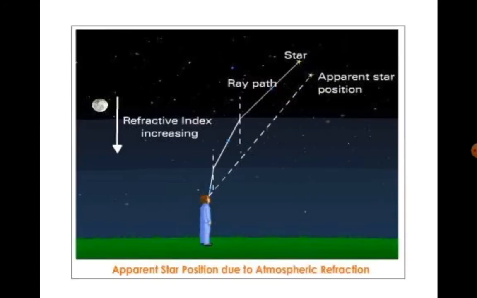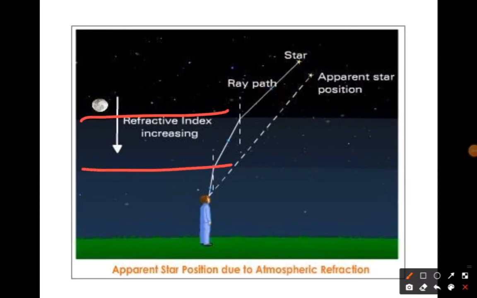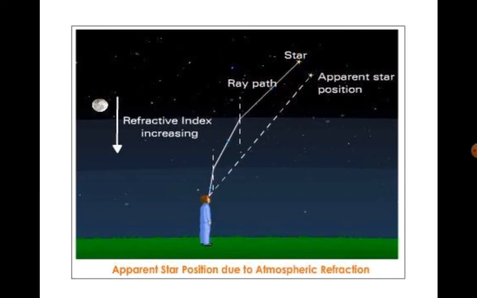This is what it is saying, because the light is traveling through different layers. This is one layer and this is another layer. So it is traveling through different layers, so light has to bend. Again it bends. So when you put a line here, we look straight, right? So for us it looks like it is here, but actually the star is here only. Clear?